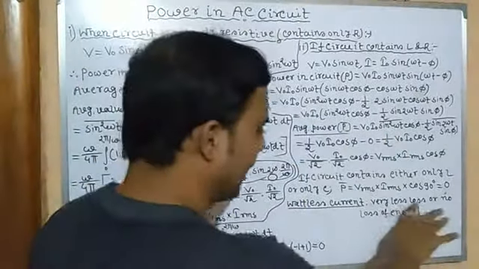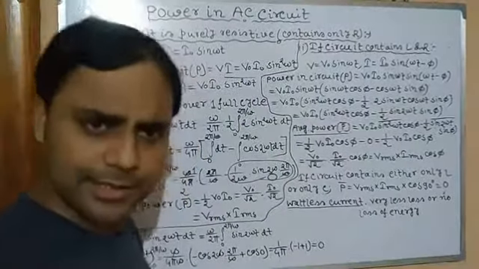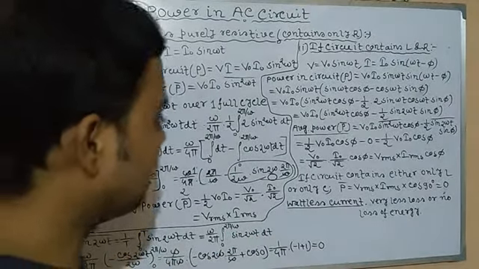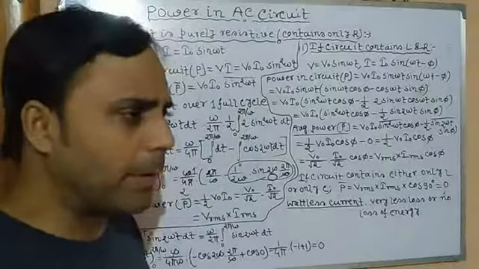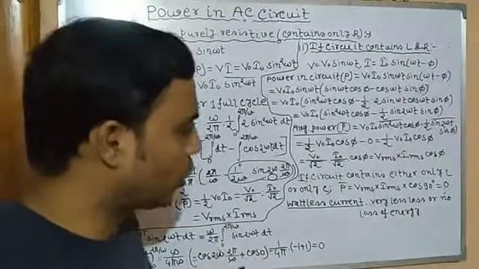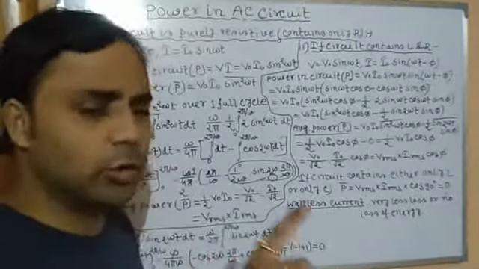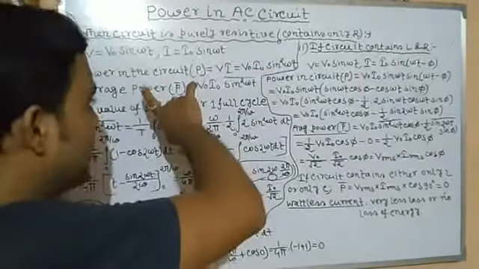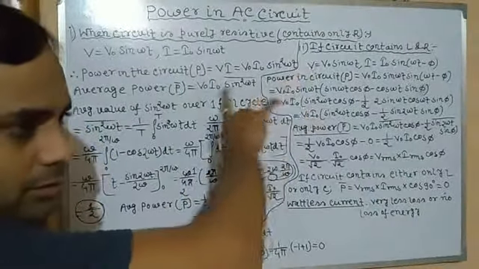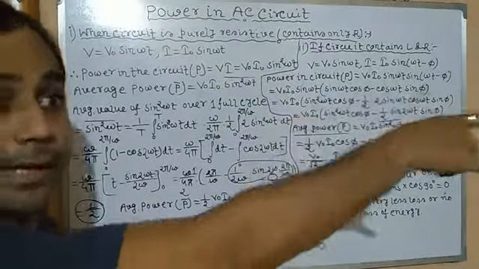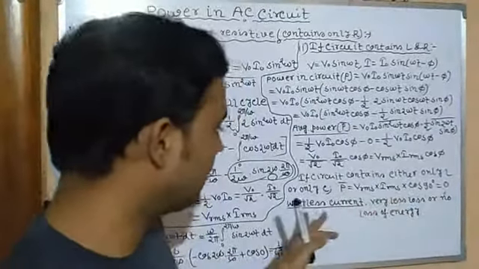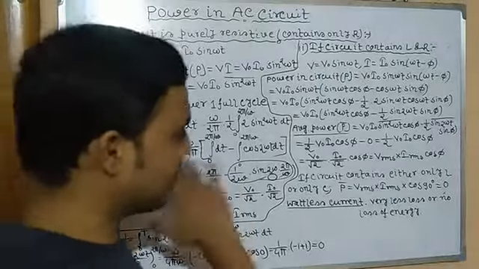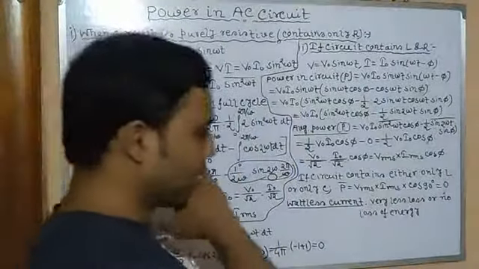Or in this case, what happens? Very little loss or no loss of energy, isn't it? Power is equal to volt into ampere. So in this case, there is no power dissipation, so we may say there is no loss of energy. Since P is equal to I square R, and P is equal to VI, where V is equal to IR, there is always energy loss, isn't it? Power loss, generally in the form of heat. But since the circuit doesn't contain any resistance, and heat is generally produced due to resistance, resistance is purely absent here.